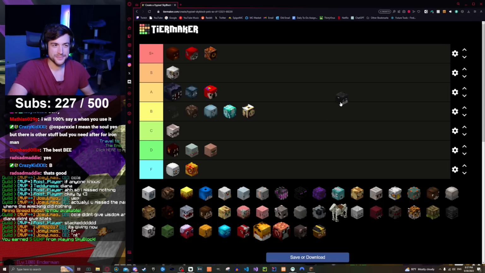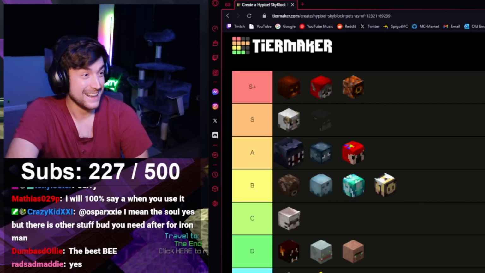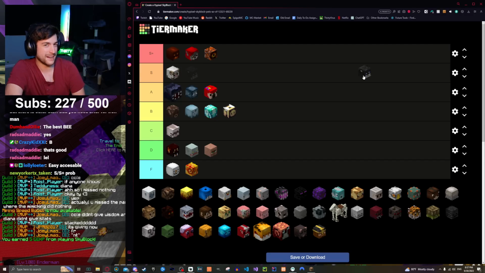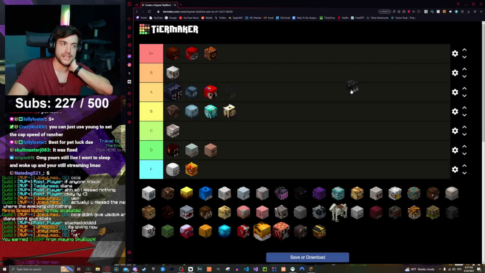Cat pet. This pet's only good because of a bug. It's the second best pet in the game for Magic Find, and it's the best for bugging out the game and setting your Rancher Boots to 500% speed so that you can mine cactus better and get maximum speed with red sand and mycelium mining. I have a feeling that's going to get fixed at some point. I think it should be here. I think it's...